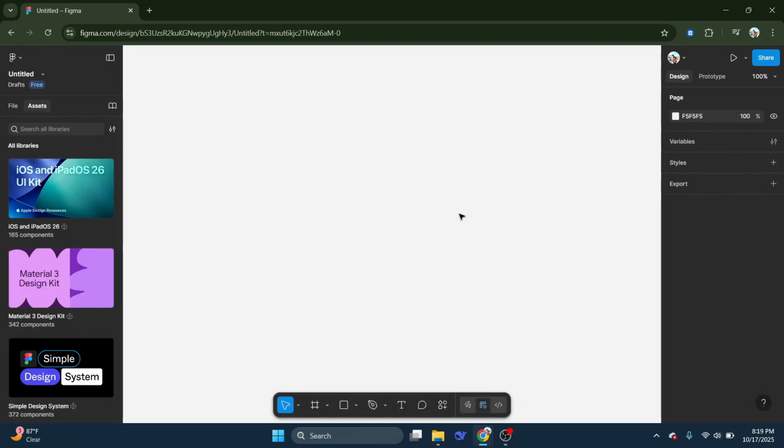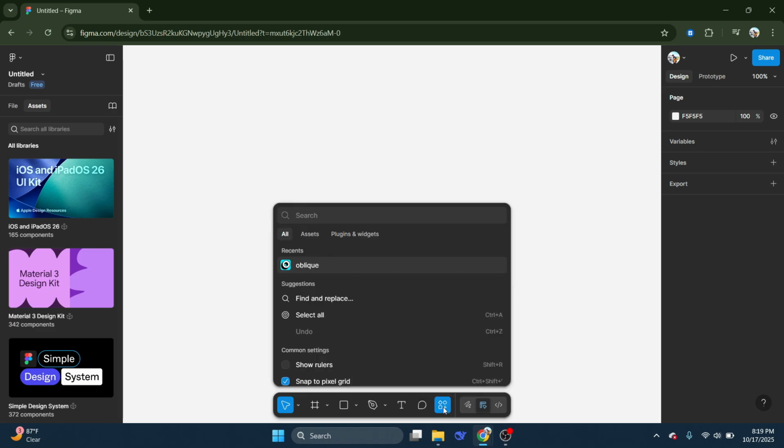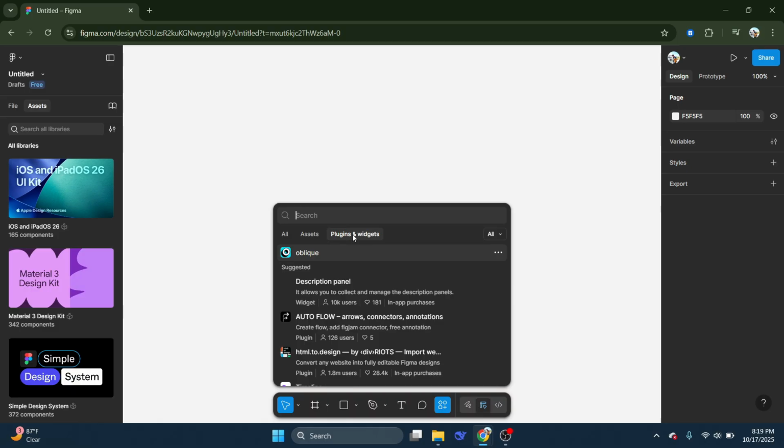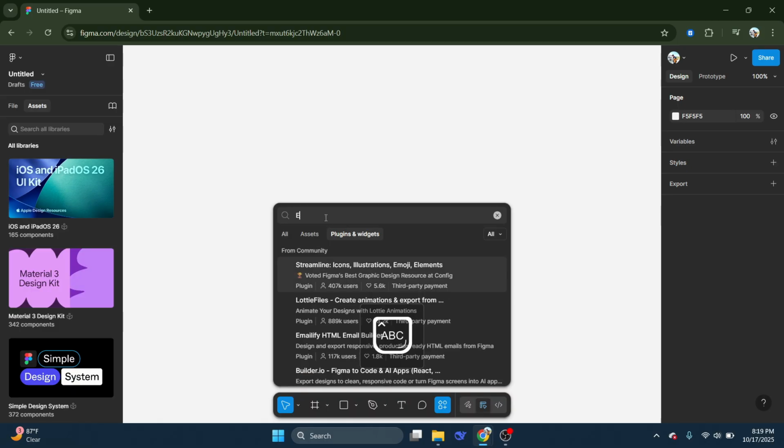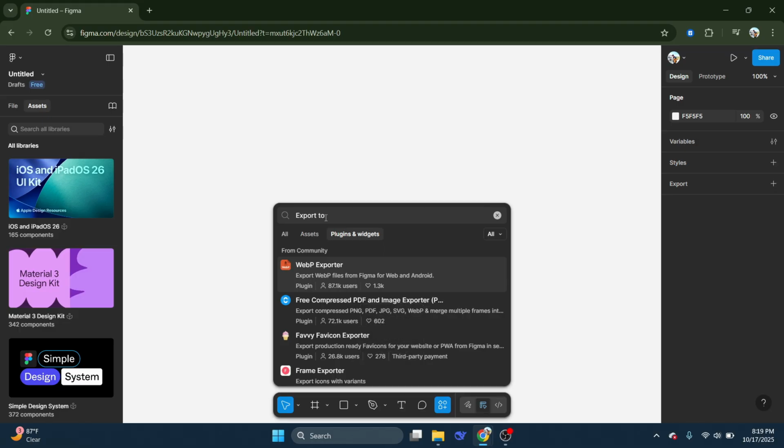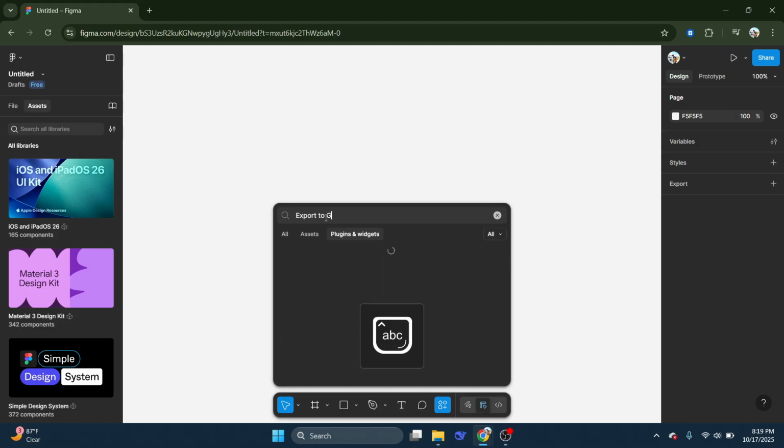Once your project is open, move your attention to the bottom of the screen and click on Actions. This expands a menu with several project management options. From here, select the Plugins and Widgets tab. This section provides access to a variety of tools that extend Figma's functionality, including those designed for exporting prototypes as